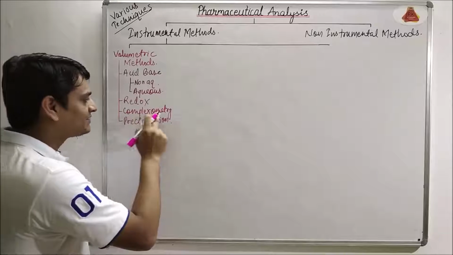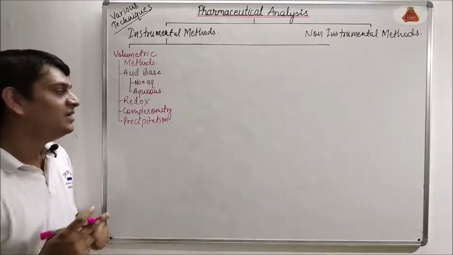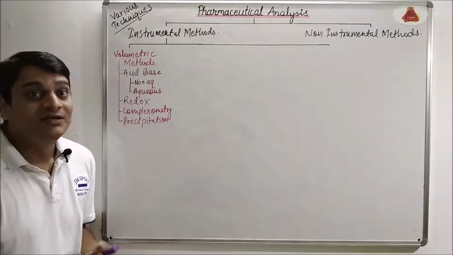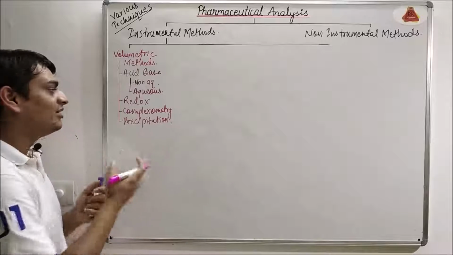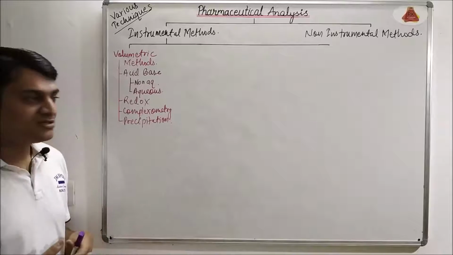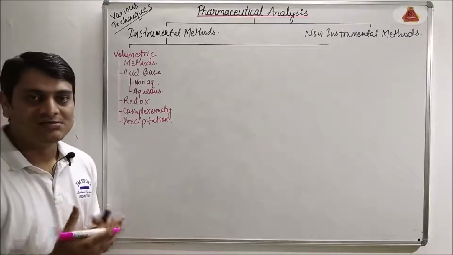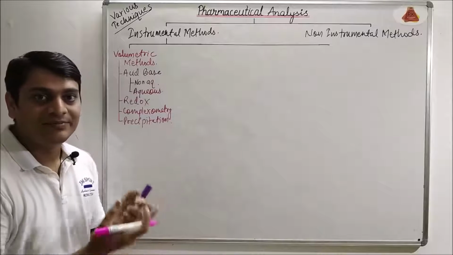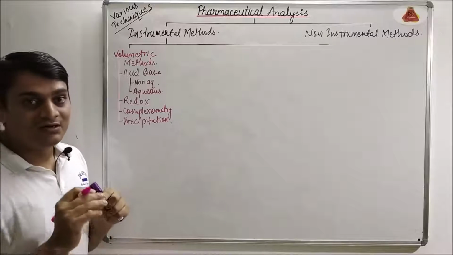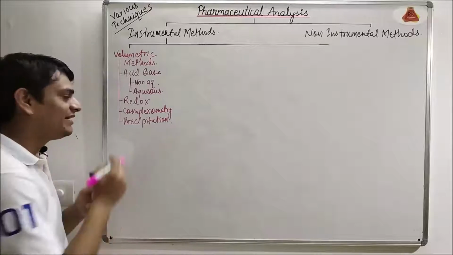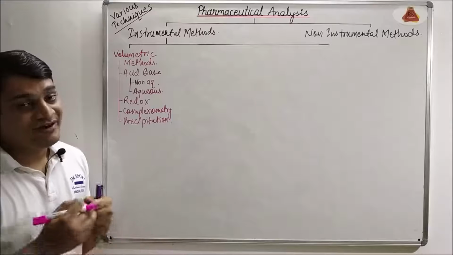Now coming to the next one, which is complexometric titration. In complexometric titration, complex formation takes place and volume of titrant will be measured, and ultimately we will know the concentration of the analyte. I have already uploaded the video of complexometric titration also. Next one is precipitation titration. In precipitation titration, 2 solutions will be mixed, and after mixing both the solutions we will get the precipitate, and the point at which we get the precipitate, that volume will be measured, and ultimately we can determine the concentration of the analyte. So this volumetric is mainly for quantitative analysis.